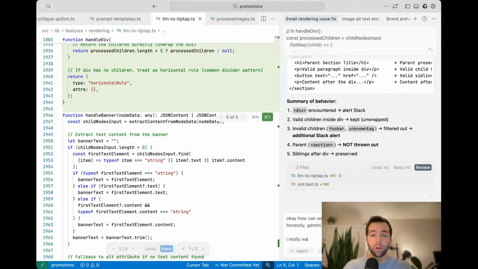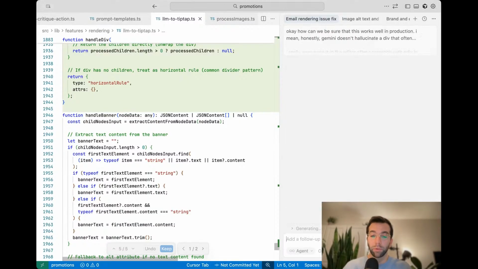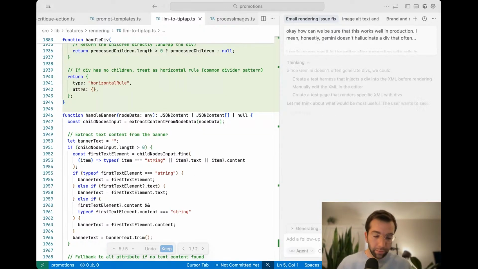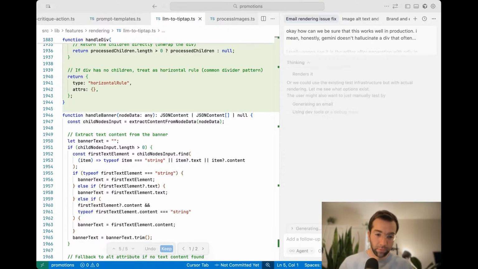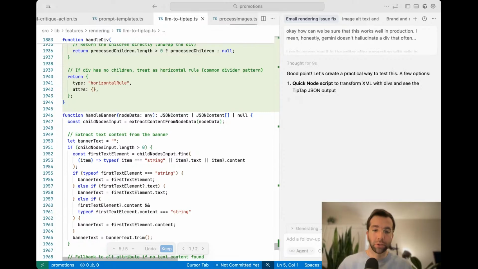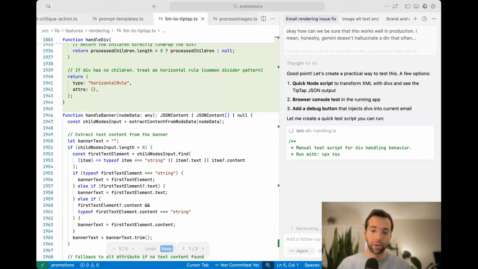I really want to see it in the editor after generating with a div in various forms. But in the meantime, let's go ahead and add works translate div into